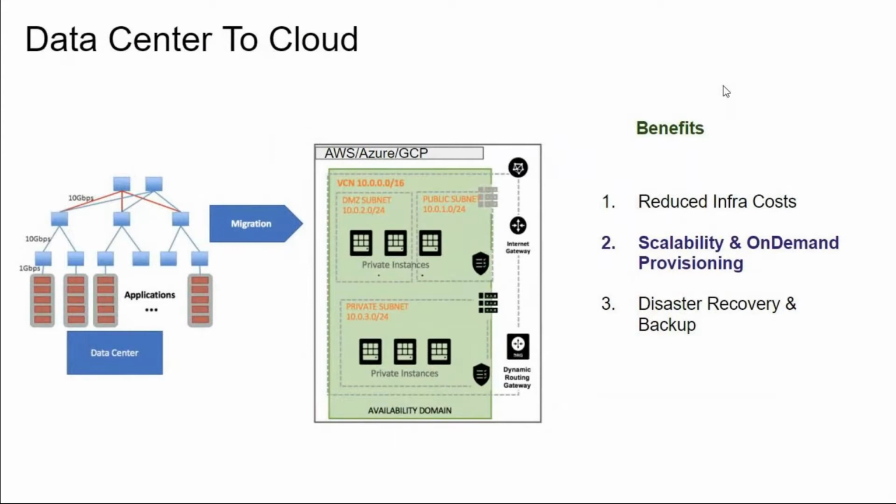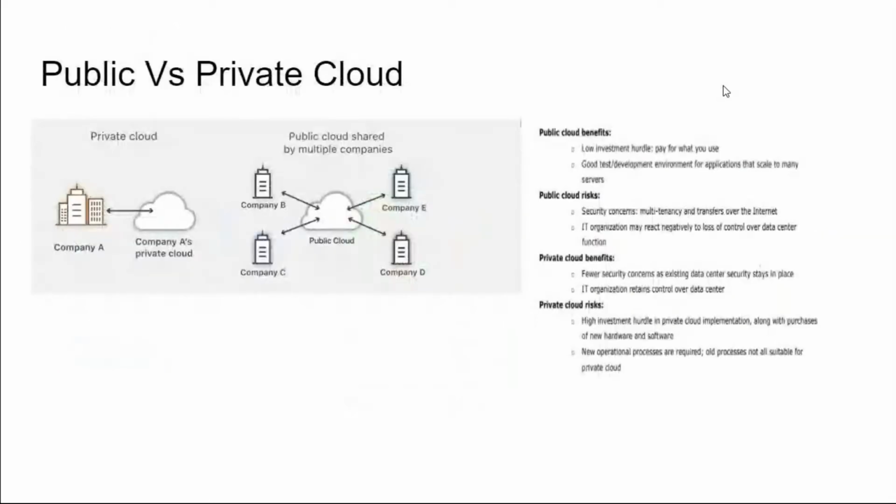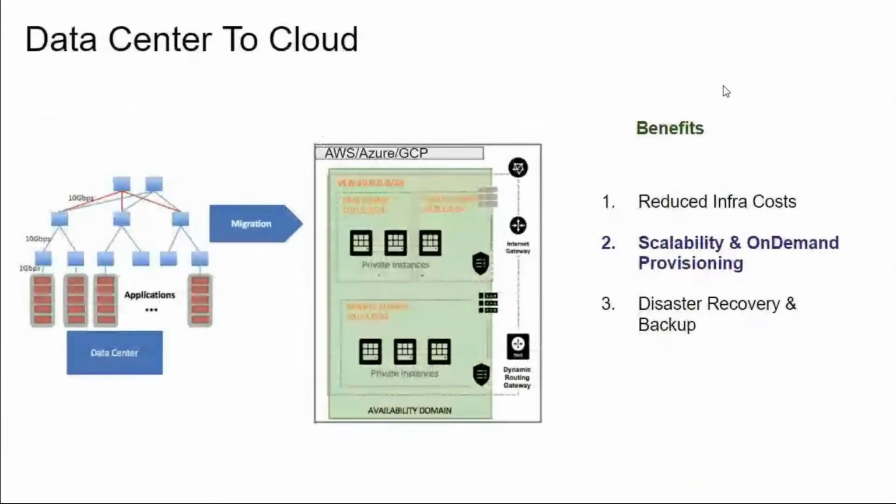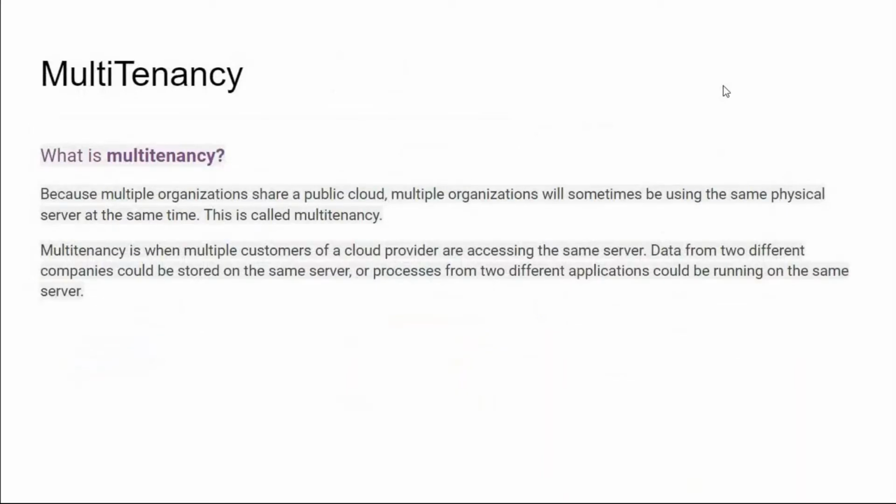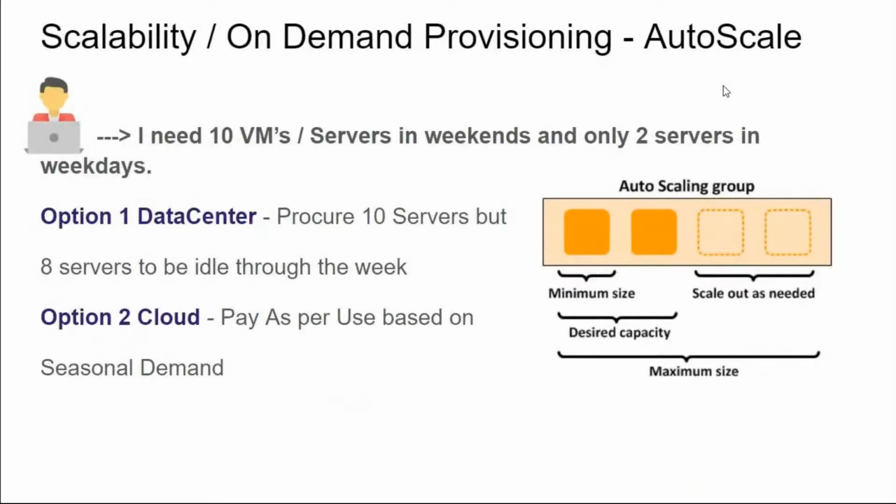Similarly, for cloud, we'll try to understand why cloud, how the performance is going to get impacted, how the performance is going to get improved from a cloud perspective, what the benefits of the cloud are, public versus private. Again, all these things in the context of performance we will try to learn: how beneficial public or private is going to be for performance, why they move to public or private, and then multi-tenancy. And then scalability is a major factor from a cloud perspective.